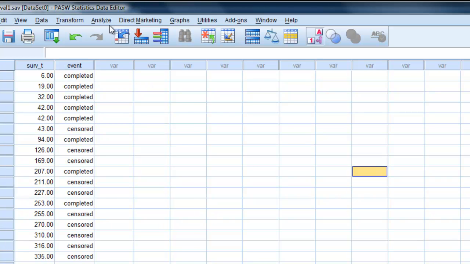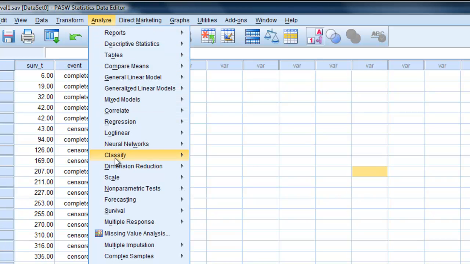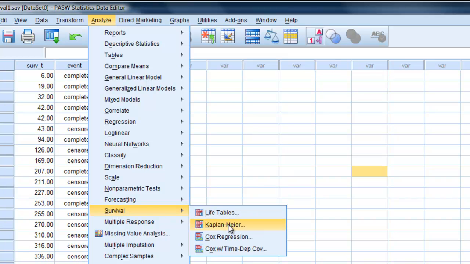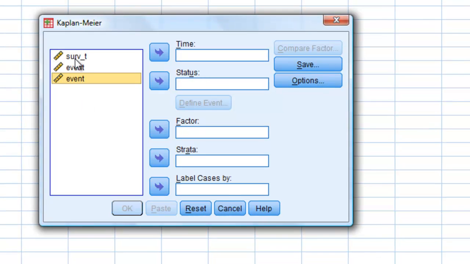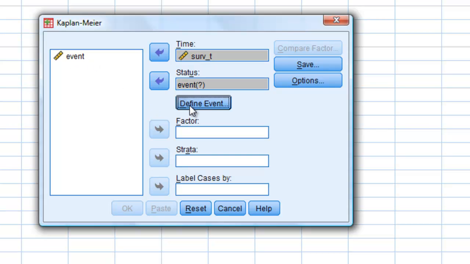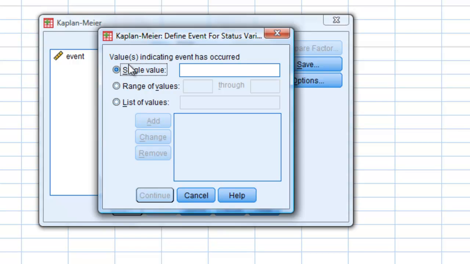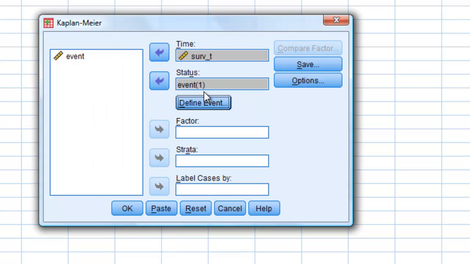To carry out the analysis, we go to Analyze, Survival, Kaplan-Meier. Then we take survival_t, put it in the time box. Status, we know that's the event. Click on event. If you remember, the actual event is 1, so we put in the value 1 there, say continue, and that's it. Then we say OK,